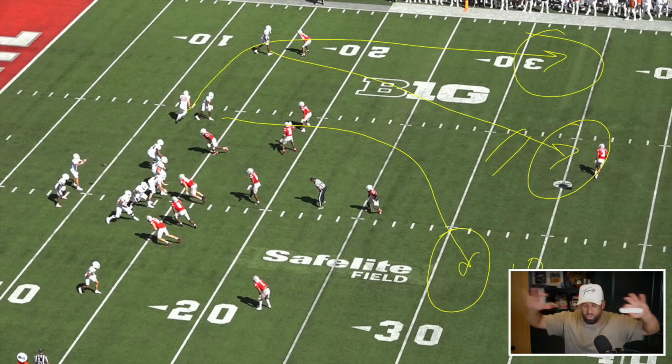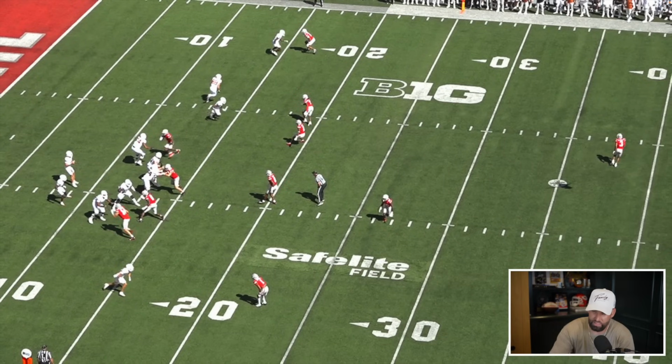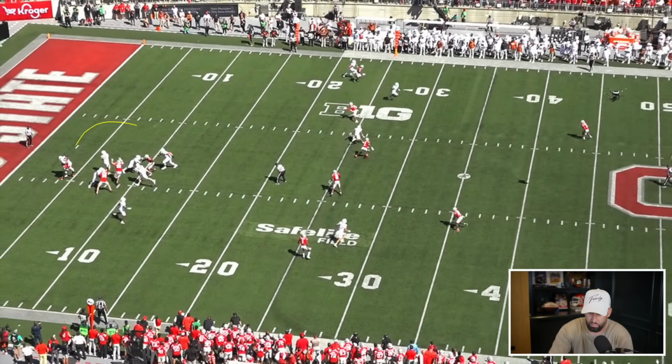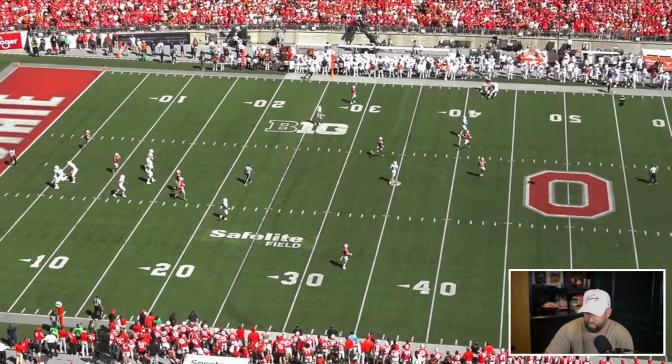I have no clue how you get to this in your progression. I've been taught 1 to 2 to your back. He sees something, and what he sees is a half field safety go back. He sees this corner sit. So he's literally doing a hole shot 10, 20, like 40 yards down the field. He's starting to throw this. There's a huge hole right here, but this safety is sinking. This corner is sinking right here. The way he fits this in,